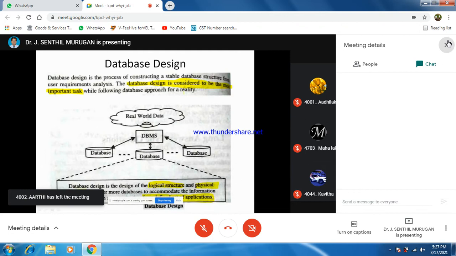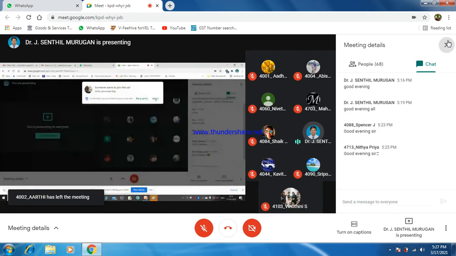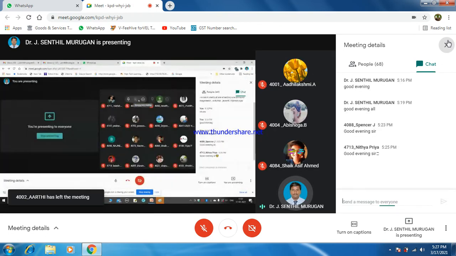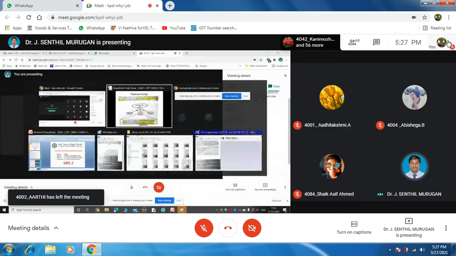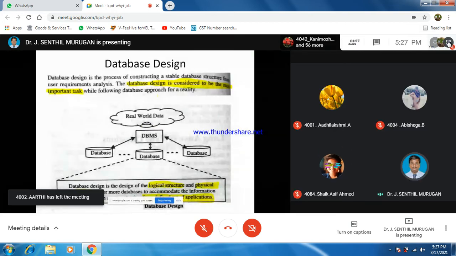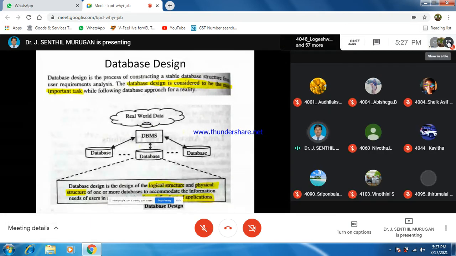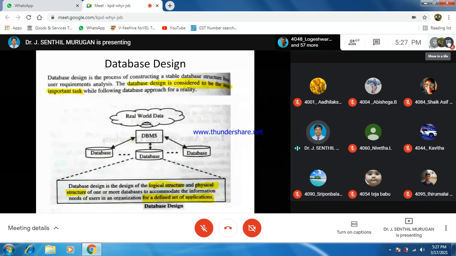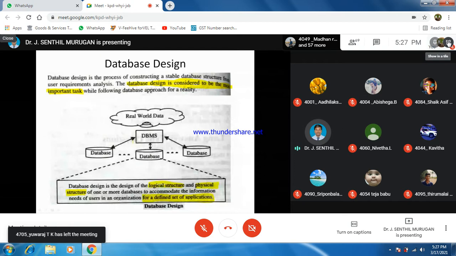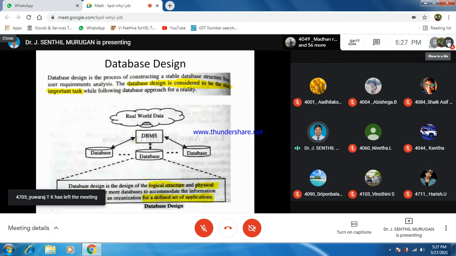All the data are taken using databases. Now this data has a pictorial representation using an RDBMS or DBMS. Here it acts as a logical structure and a physical structure, defined as a set of applications.